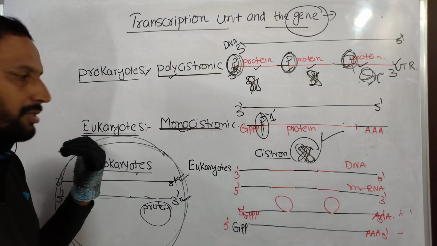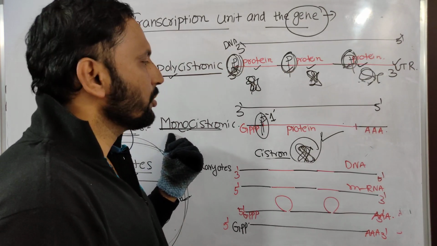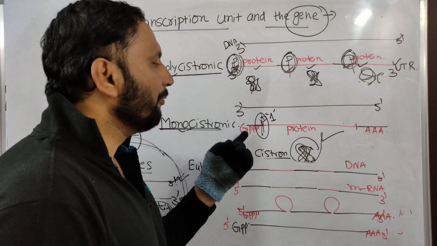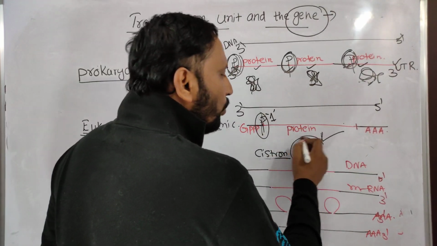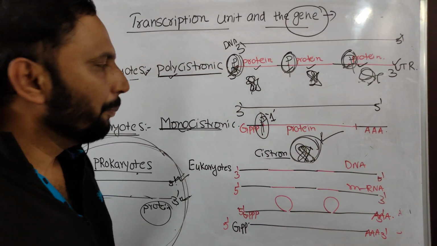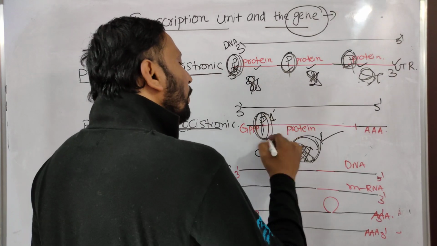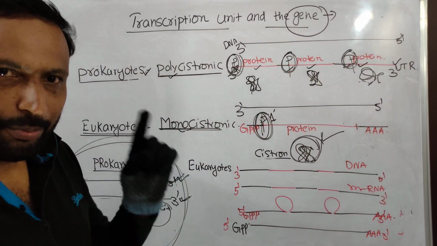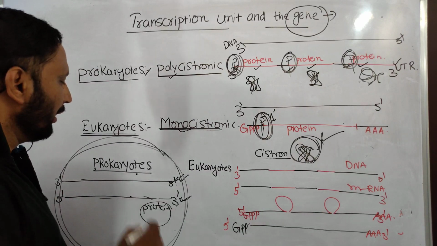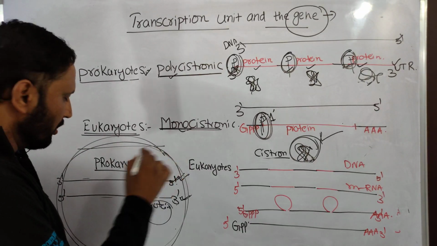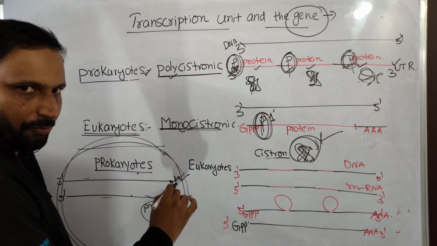Whereas in eukaryotes, the gene is monocistronic, so the DNA forms mRNA, but this mRNA synthesizes only one protein because it contains only one promoter. That is an important point. Then, another important thing: in prokaryotes, the 3 to 5 prime